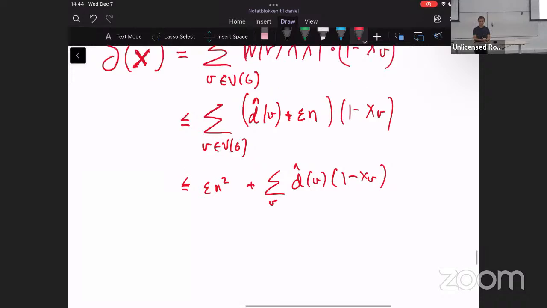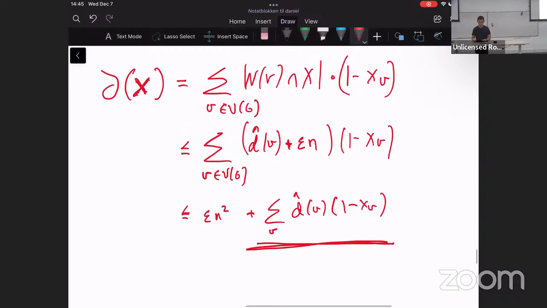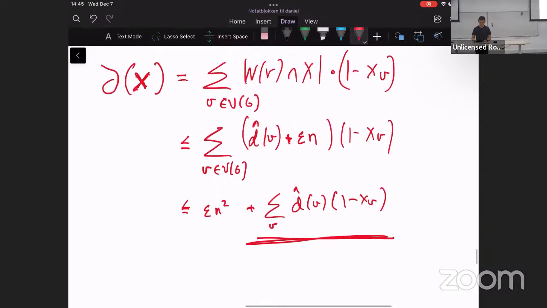And this is exactly the objective function of the integer linear program. So in particular, if I now move the epsilon n squared over to the other side, I get that the objective function value,